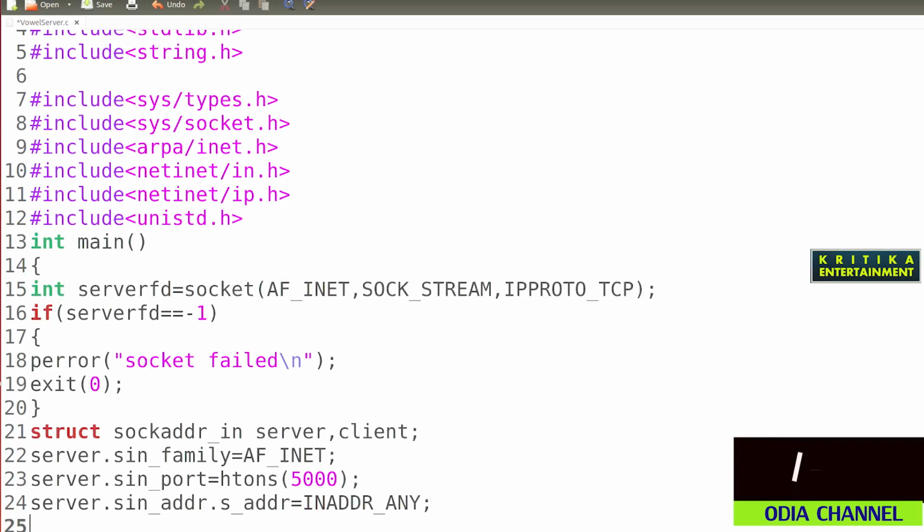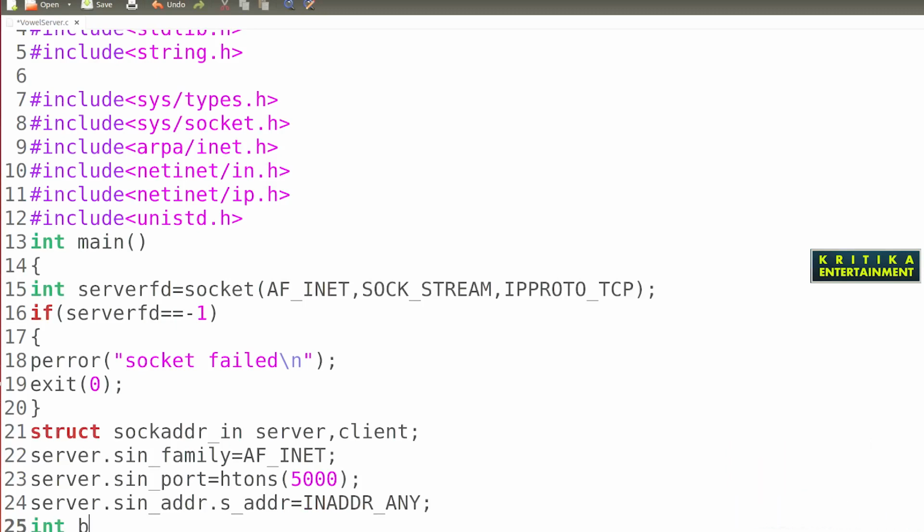Then bind: int b is equal to bind, with server_fd, then a pointer cast to struct sockaddr, then the address of server. Bind is the function we use to assign a port and IP address to the socket.